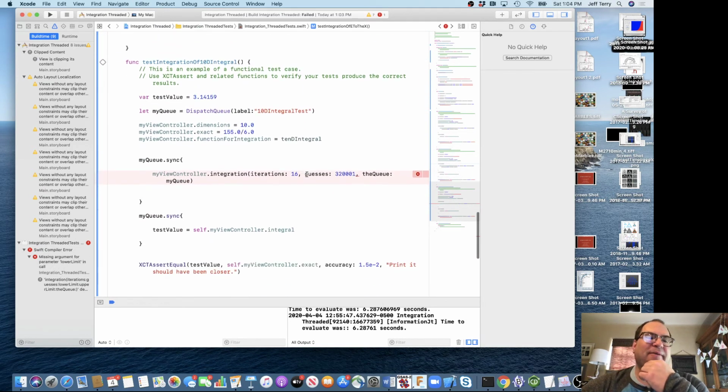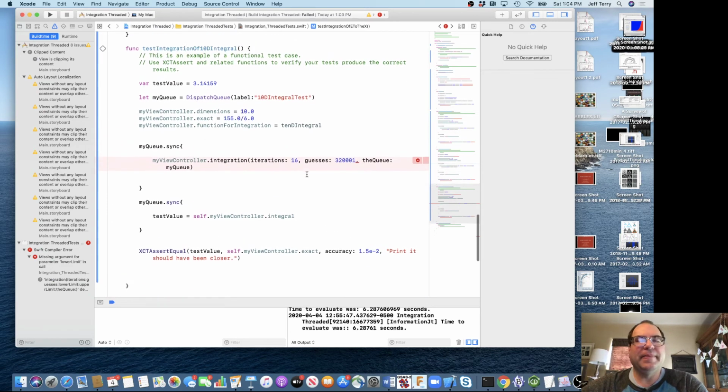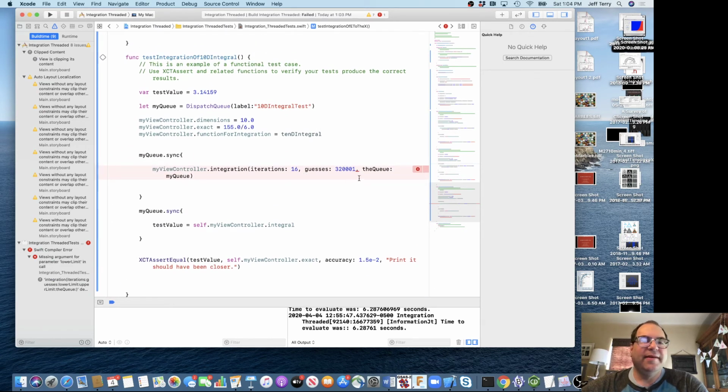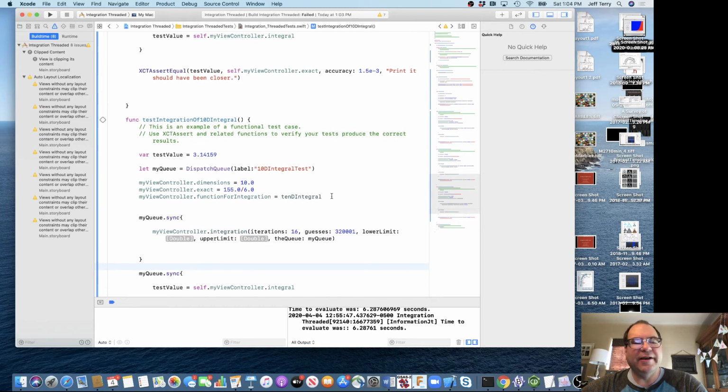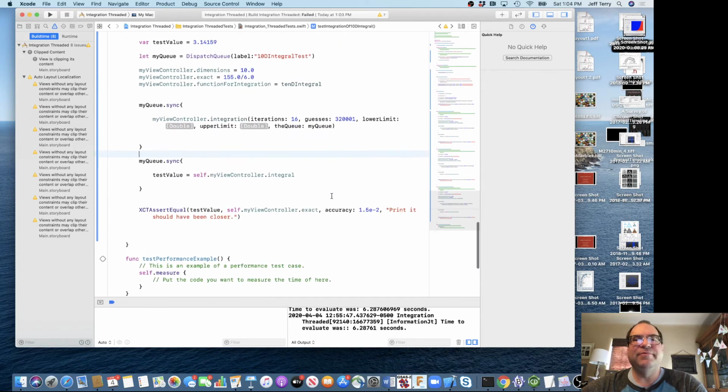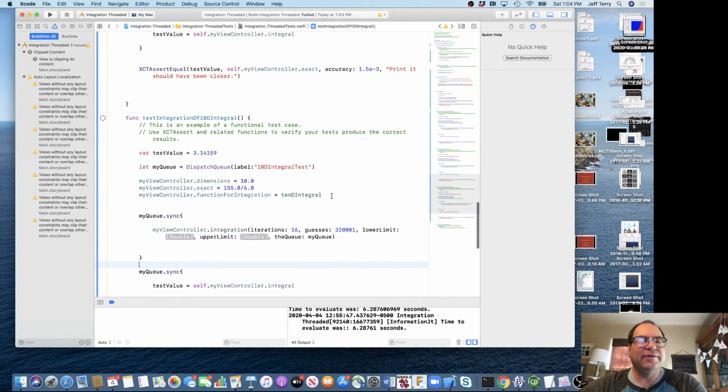Where this becomes a problem is in the 10D integral. It's a little bit more challenging to do here. So we'll add that one, wait for it to figure out its next error. Now, in this case, the limits of integration are a little bit more challenging, and so it's easier just to create